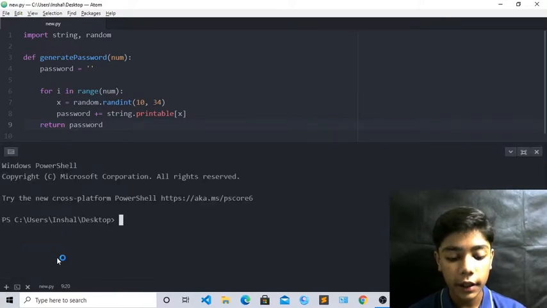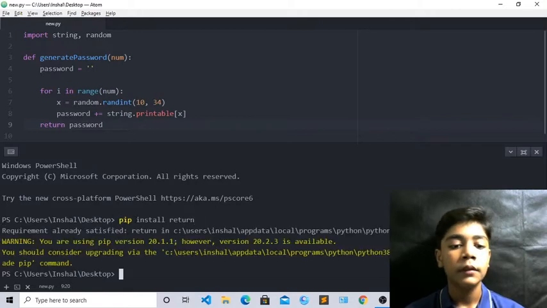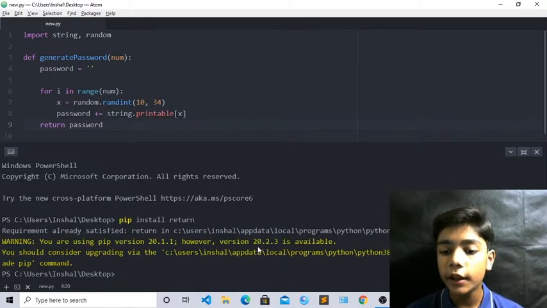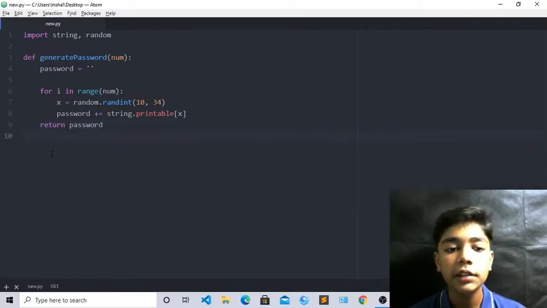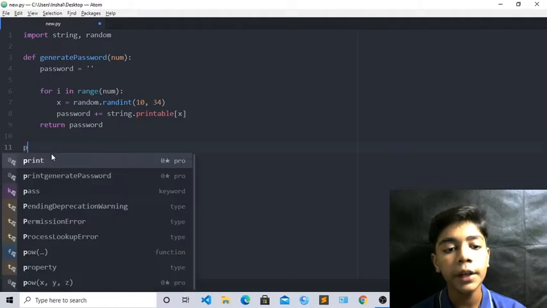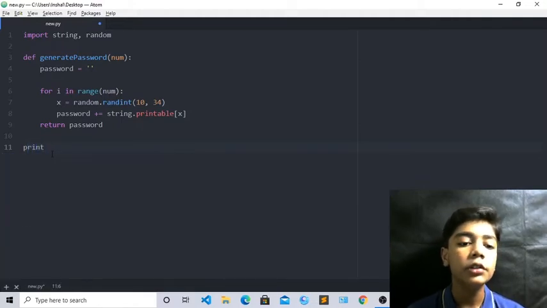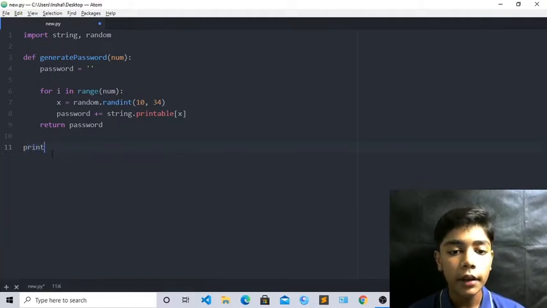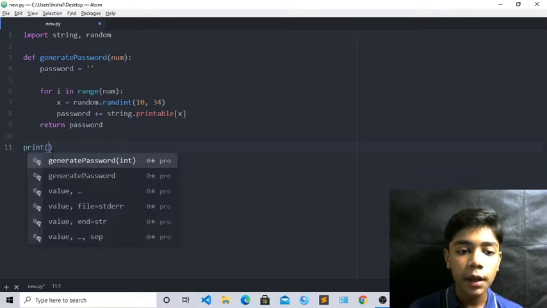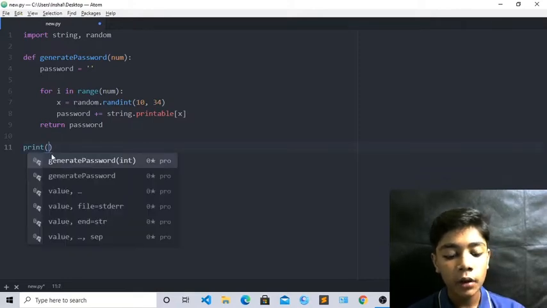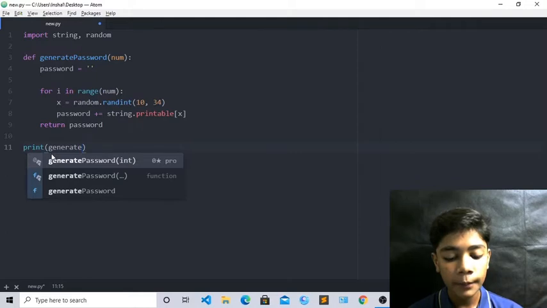Come over here, write here pip install return. Requirement already satisfied here. Just close it from here. Now you have to just enter here again. Now we will write here print. In the last we have to print all of this. Now when you have to print, you have to write here print, then come over here, write here bracket, and now write here generate password,